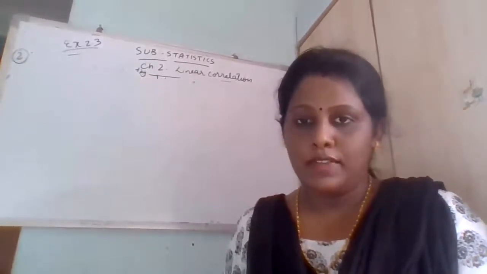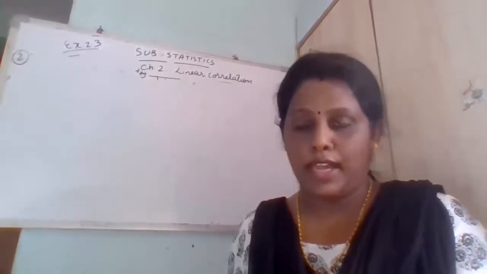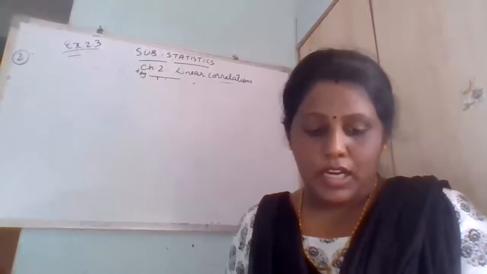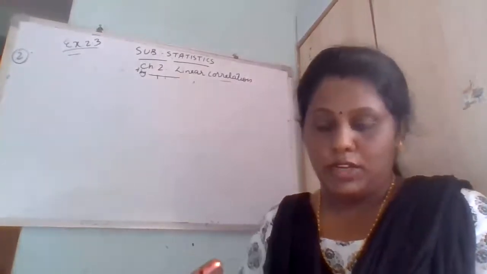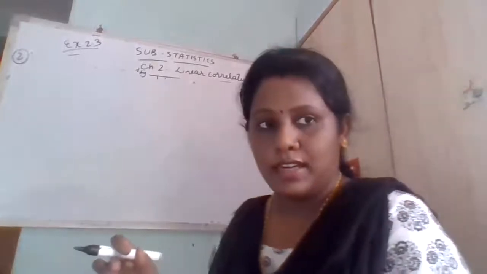In a question, if it is given that ranks are given, then you have to consider that the first and second columns are ranks only, rank of X and rank of Y. Now villages are given. Villages 1 to 9, that is 1, 2, 3, 4, 5, 6, 7, 8 and 9 villages are given. So let's start the solution.